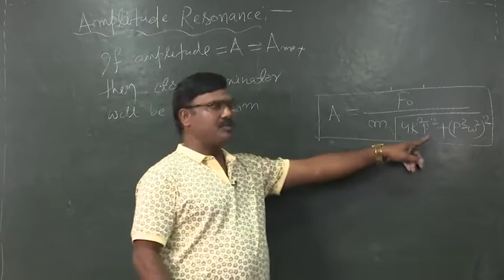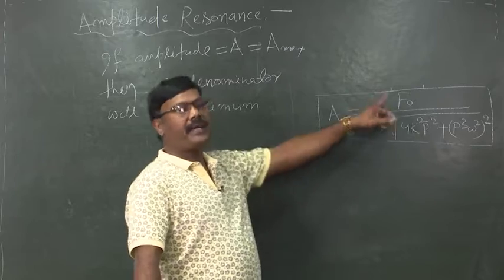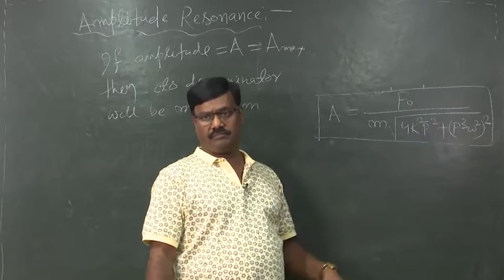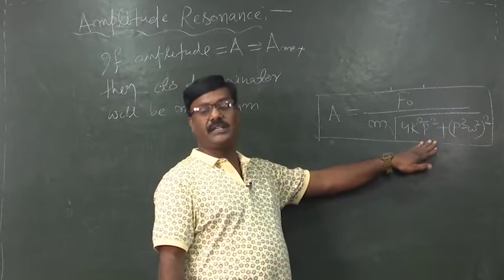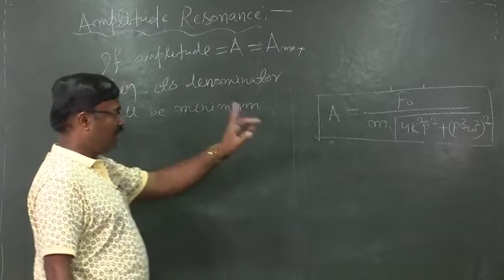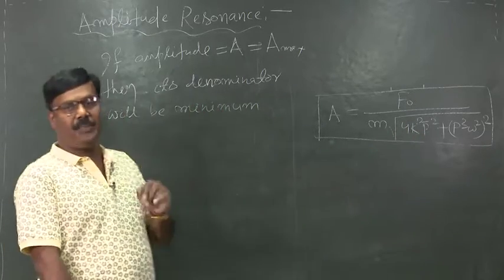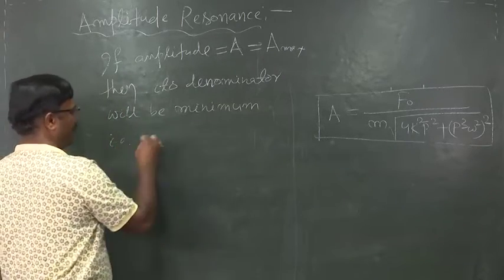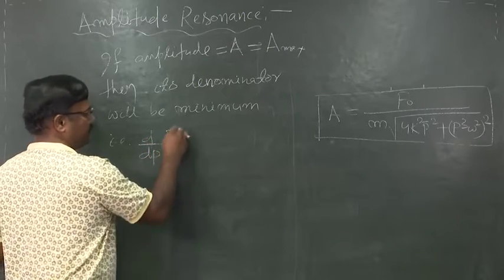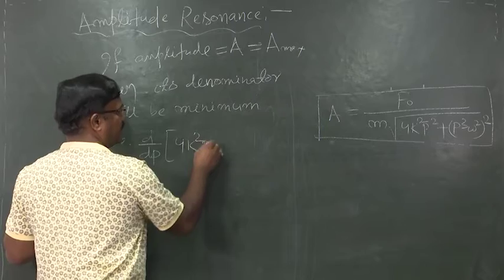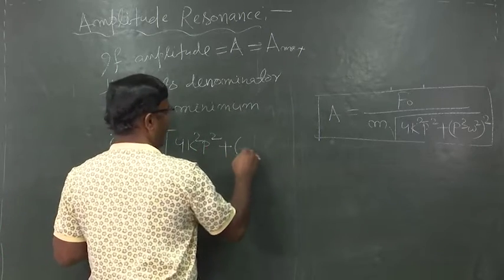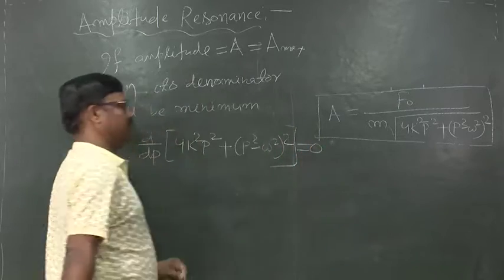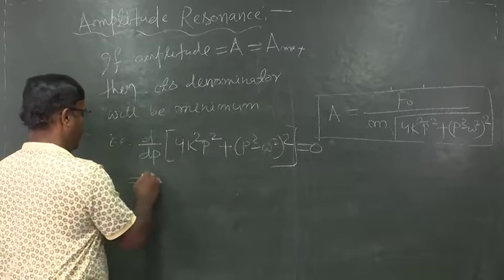If the denominator becomes minimum, then the amplitude will become maximum, and the denominator will become minimum if its derivative becomes 0. That is, d by dp of 4k square p square plus (p square minus omega square) whole square will be 0. Now, rewriting this, we get